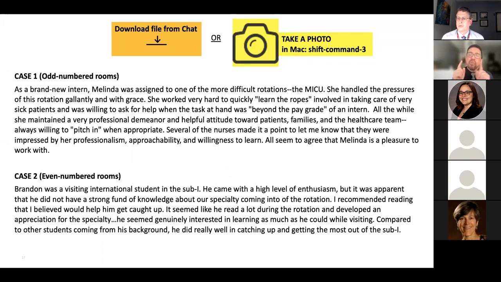One other task I want to add: if you have time, talk about not only what you might say to the individual who wrote this assessment, but also think about some systematic ways of addressing bias in narrative assessments at your institution. Across the board, what would you do on a systematic basis in order to create change? If you have time for that discussion, that would be great as well. Any questions before we go to breakouts?